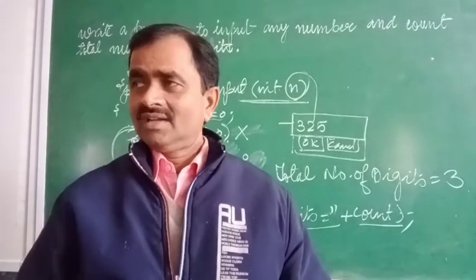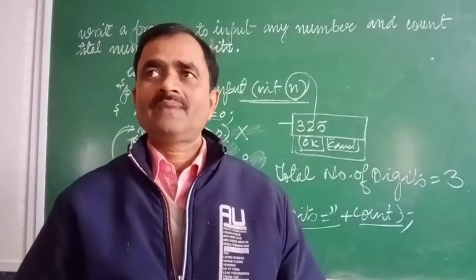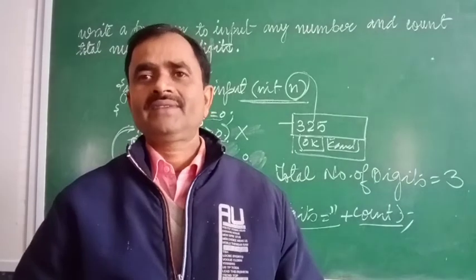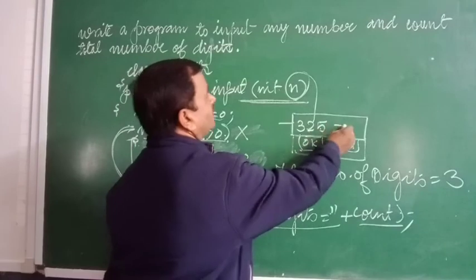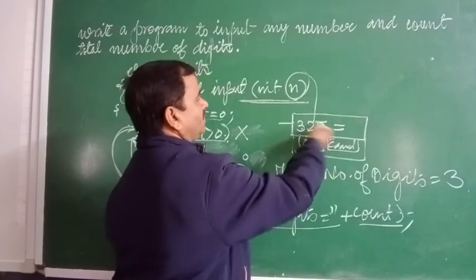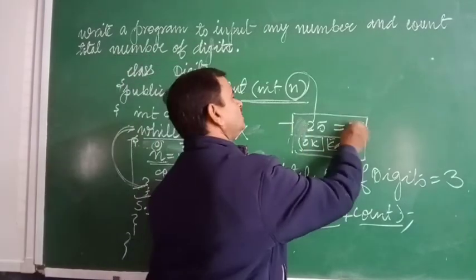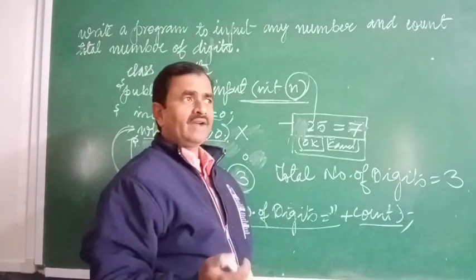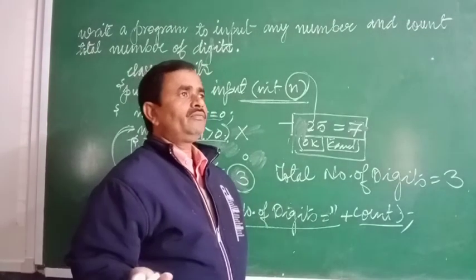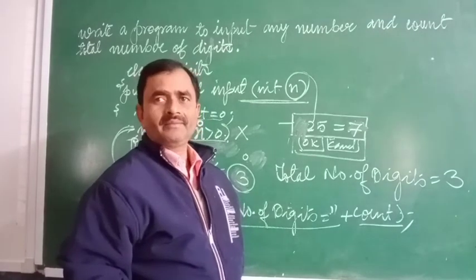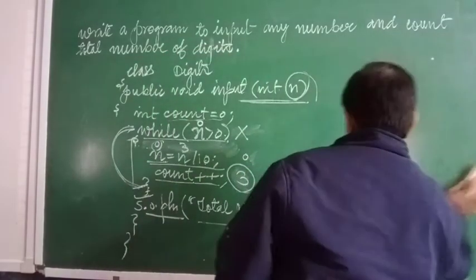And there was one more question, in which we have to input any number. After that we have to find the sum of the digits. For example, if your input is 325, the answer will be 3 plus 2 plus 5, so the answer will be 10. Like that, if you input 25, the output will be 7. So whatever value we input here, the computer will find the sum of the digits available in the number, and it will print the total sum of the digits on the screen.